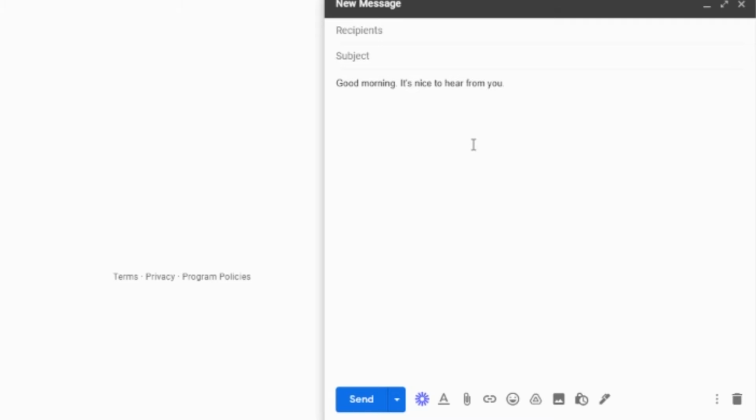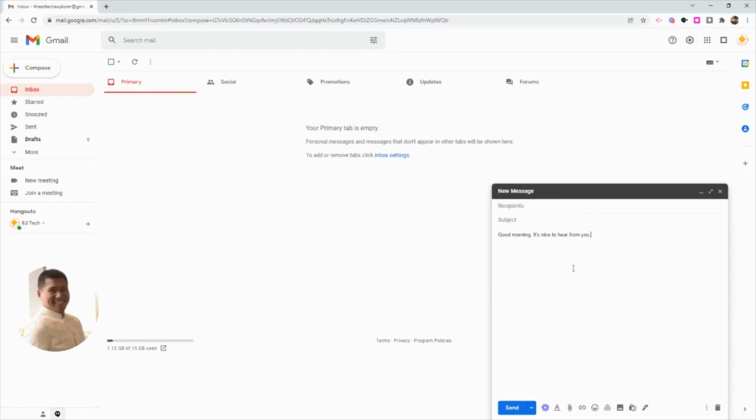So, to allow us to type faster or to allow us to compose faster, one of the best features that we have in Gmail is the Smart Compose, no? So, how do we activate the Smart Compose? Okay, so let me just